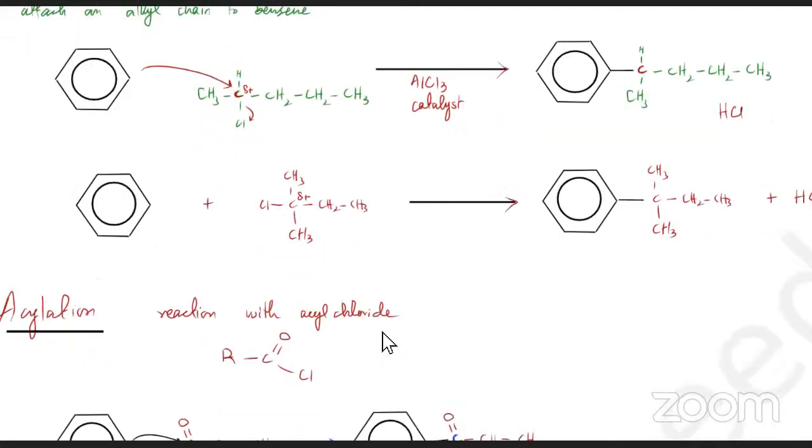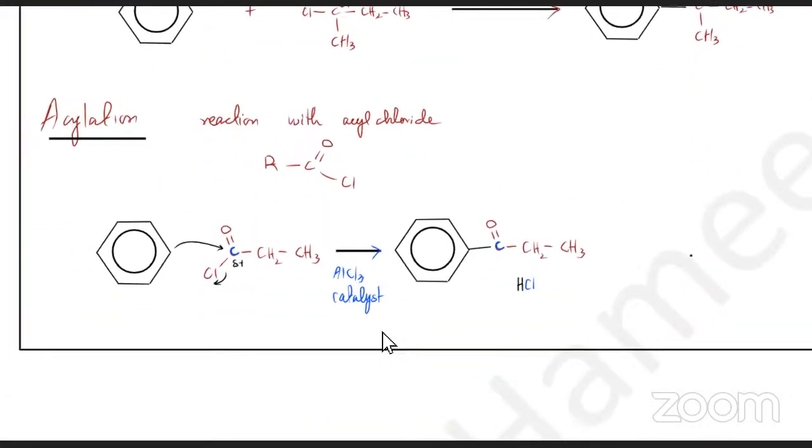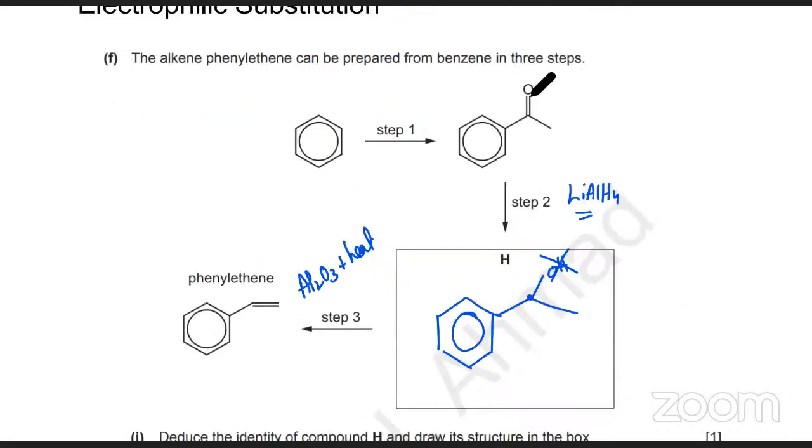And the same thing happens with acylation as well, that if you have an acyl chloride, which is that you have a double bond O and Cl, you've got a carbon chain and you've got a double bond O, the benzene will be very attracted to the double bond O with the carbon over there. The Cl will get knocked out and the carbon will go and join with this thing, and HCl is going to be the byproduct. This is acylation. You need an AlCl3 catalyst for this. So this reaction over here,